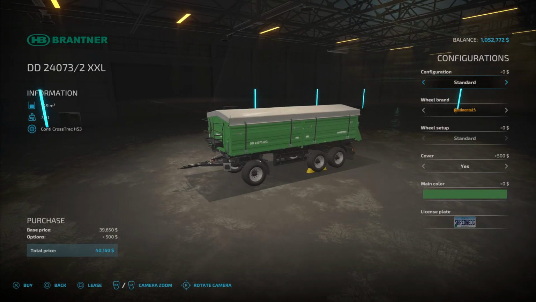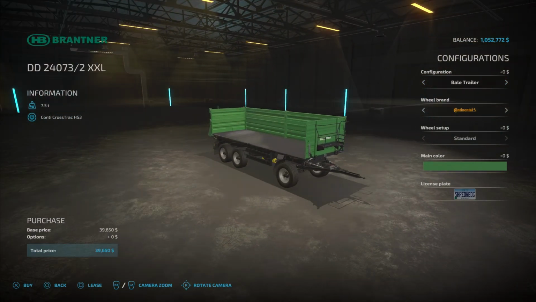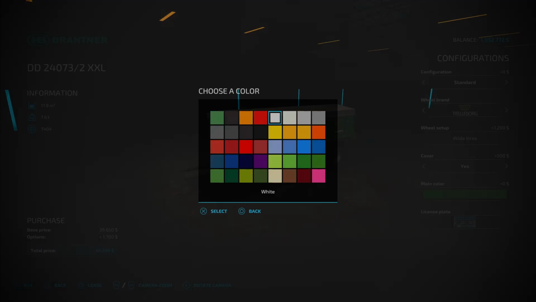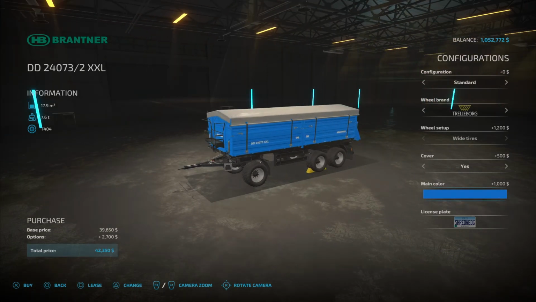Let's see if this is going to work. Configuration, we have standard, extension, bale trailer, standard, Continentals, Trelleborgs, Michelin, BKT, Vredestein, Continentals, and did we get any? Nope, we don't get any wheel setups. We get wide tires with Trelleborgs. Okay, cover yes or no. Main color, you have, wow, a lot to choose from for the main color. That is the Brantner DD